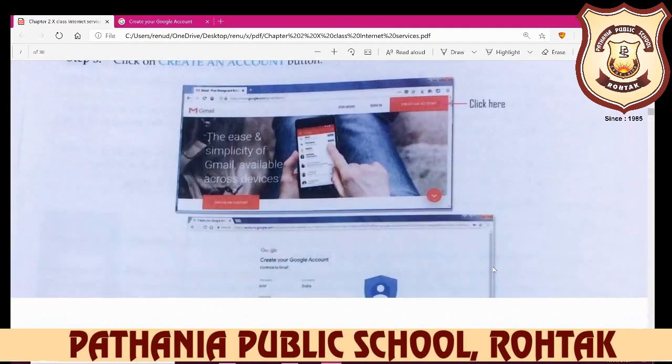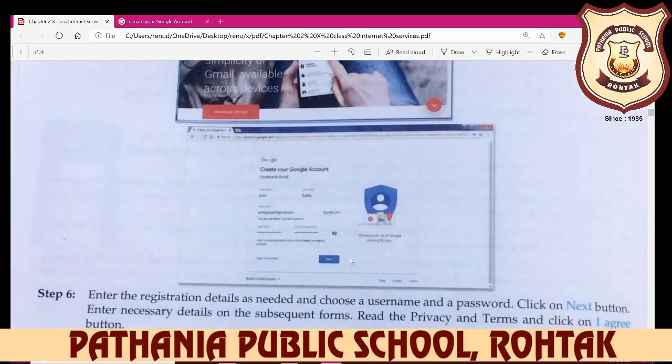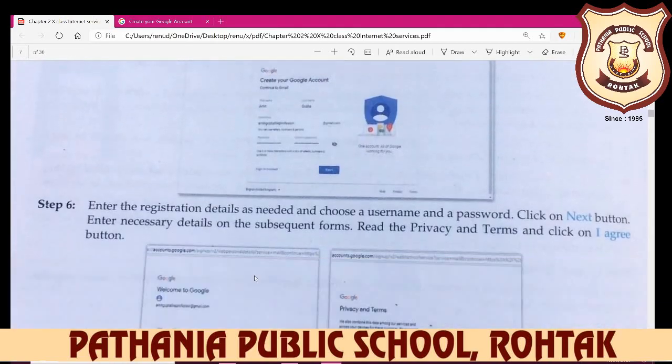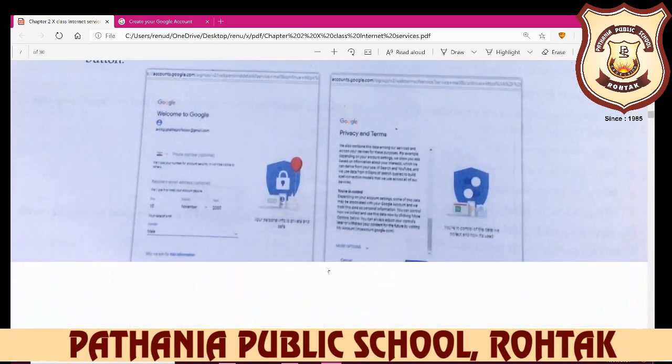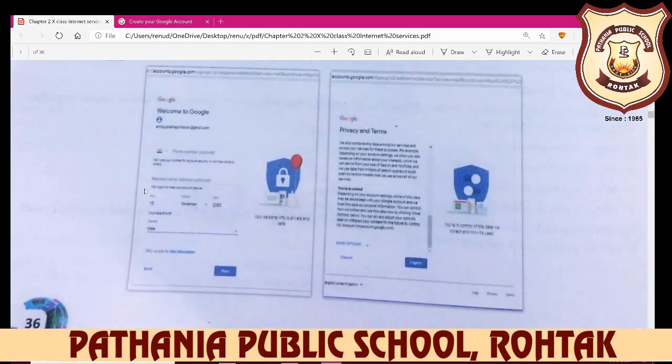When you click on the next button, a registration page will be opened, and it wants your date of birth and your gender. So you can write down the date of birth and gender. Then the privacy and terms will be opened.